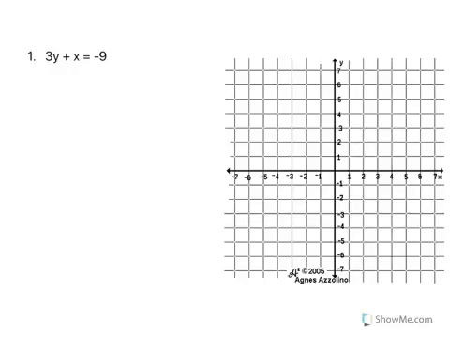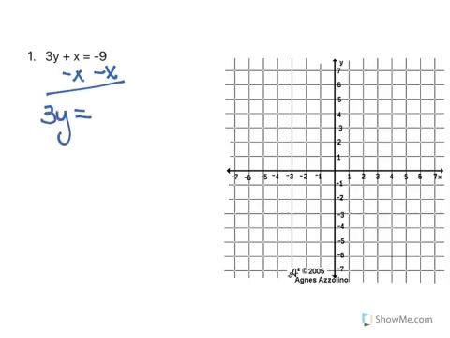Here's our first question in graphing linear equations that are not in standard form. So in order to graph this equation, we need to get y alone in the form of y equals mx plus b. So what we're going to do first is subtract x from both sides. And when we do that, we're left with 3y